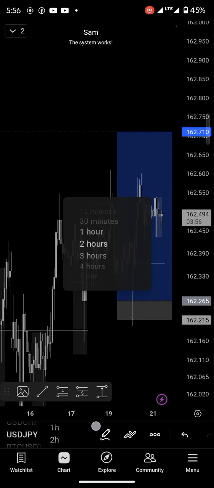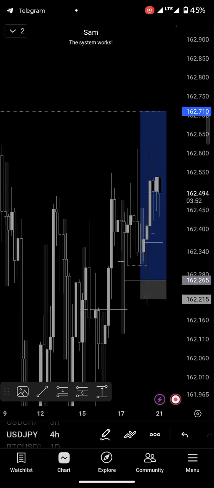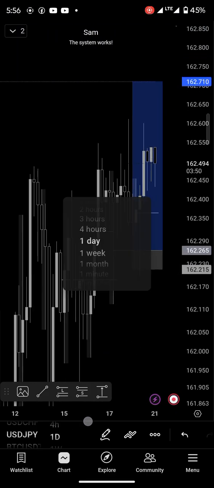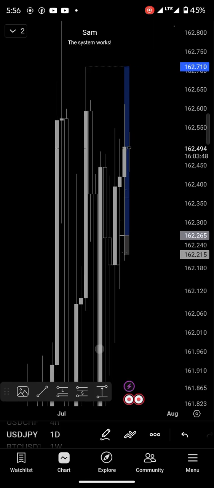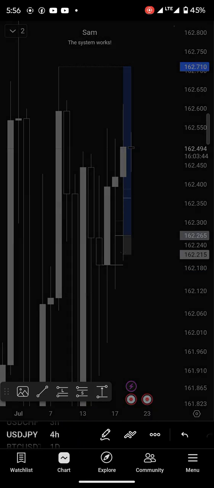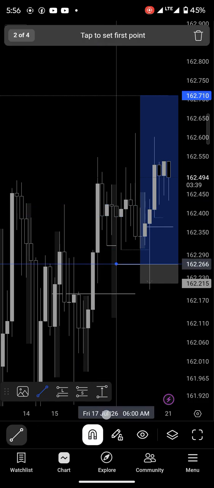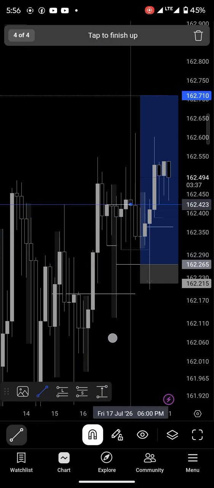And the logic behind this trade is basically this pair has been bullish for the longest of time, right? It has been bullish, and let's just check the storyline so you confirm with me. So we had this rejection on daily, right? After that rejection, we had a break of structure. Though it's not that visible, this is the rejection here, and then this is the break of structure here